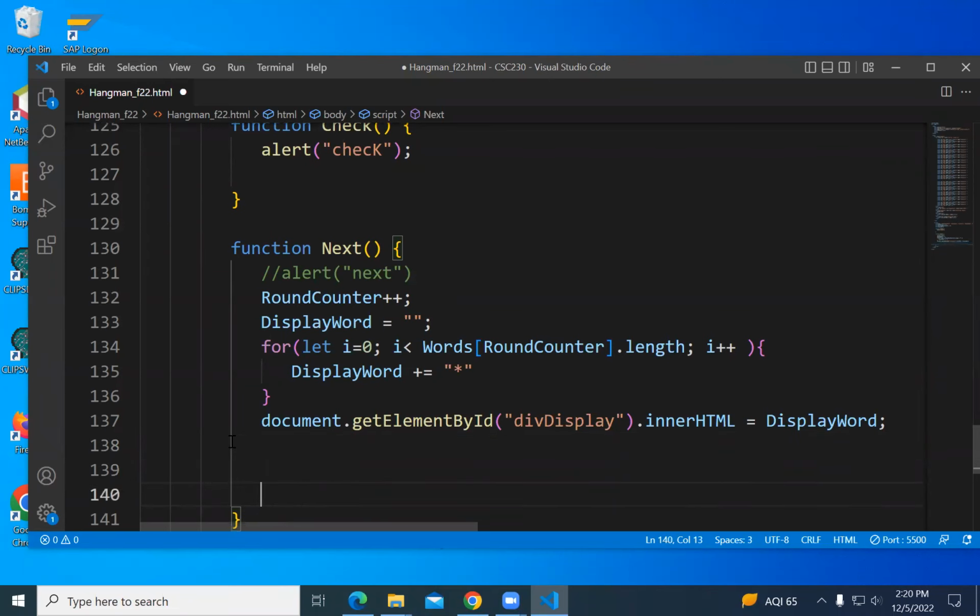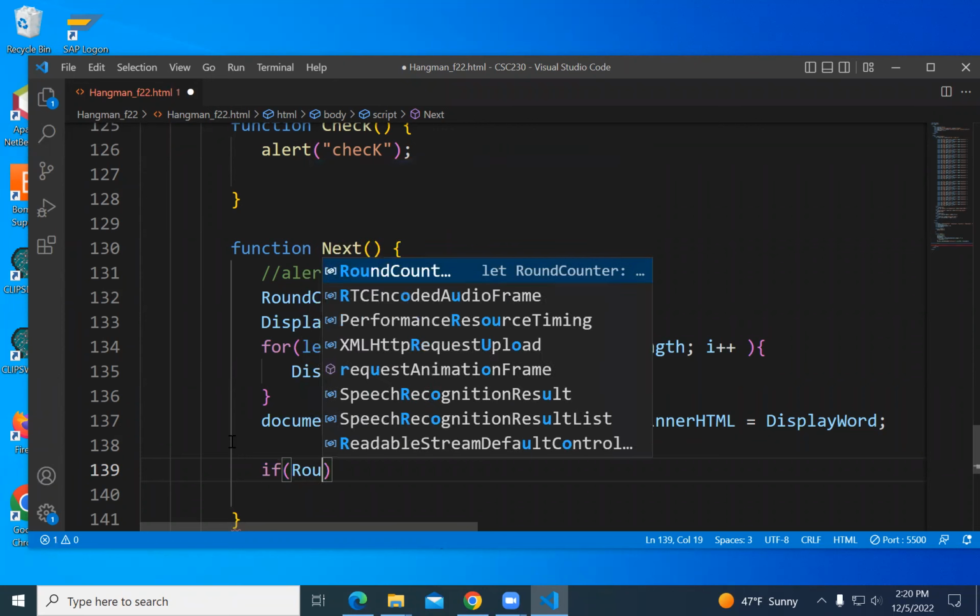Let's say there were 5 words. Round counter starts at -1, then we click next, and it becomes 0, then 1, 2, 3, 4. And at 4, we have no more words, and we should disable the button. So when the round counter gets to be the length of the words array minus 1, that's when we should disable.